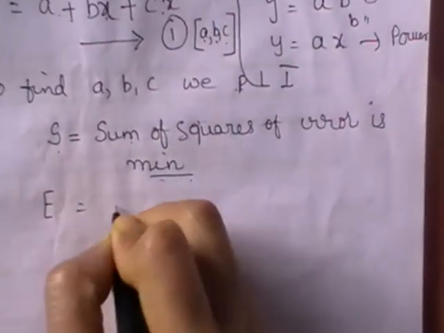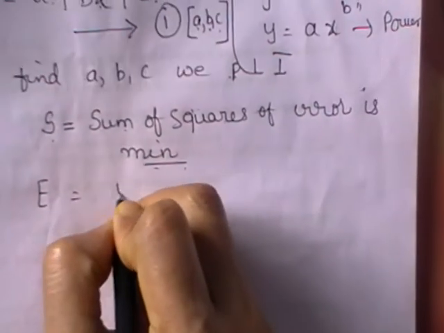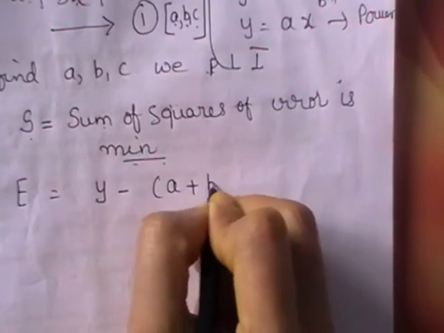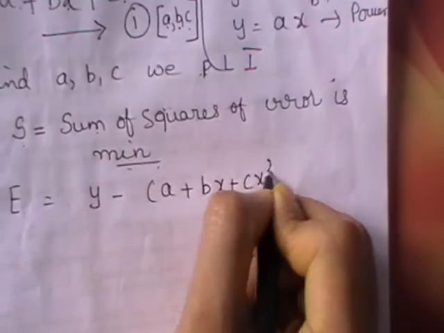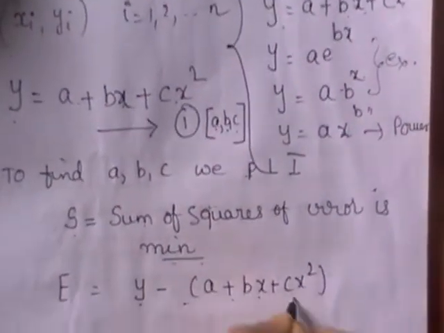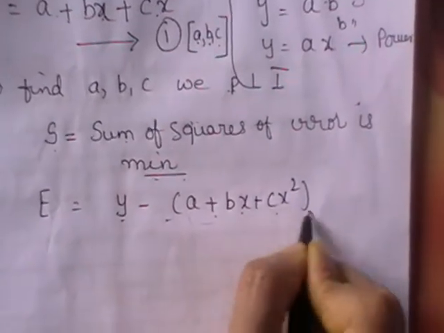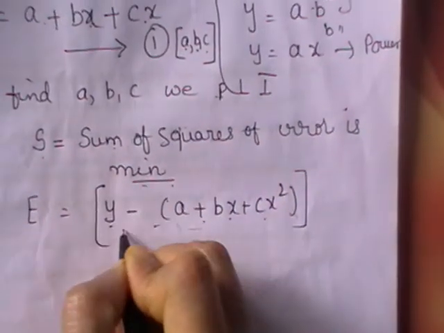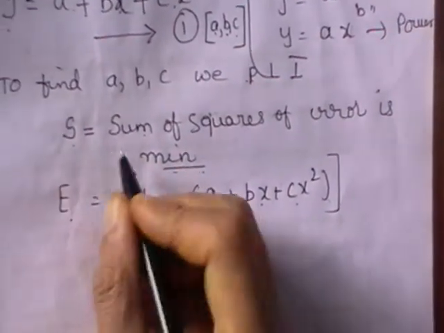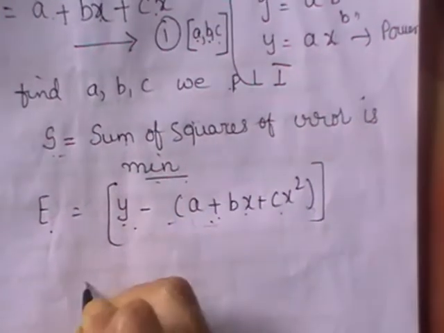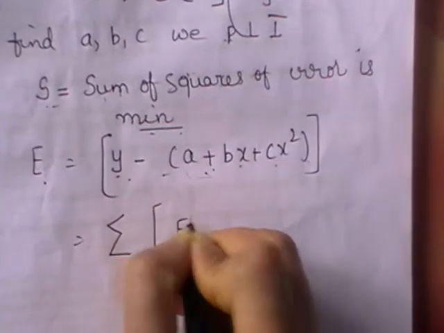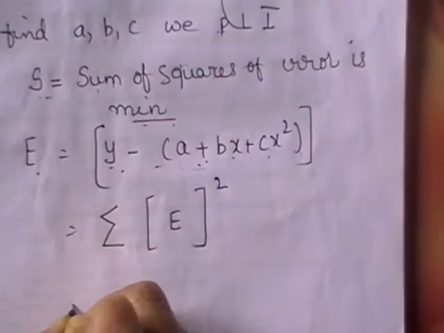So how do you define error? Error is, as I told you, y minus the curve which you are going to fit, y minus (a plus bx plus cx square). If it is for the straight line, we wrote y minus (a plus bx). Here as the curve to be fitted is this, we write y minus (a plus bx plus cx square). This is the error. S denotes the sum of squares of errors. As the sum we write with sigma, S is the sum of squares of errors. I think this is what you need to write.